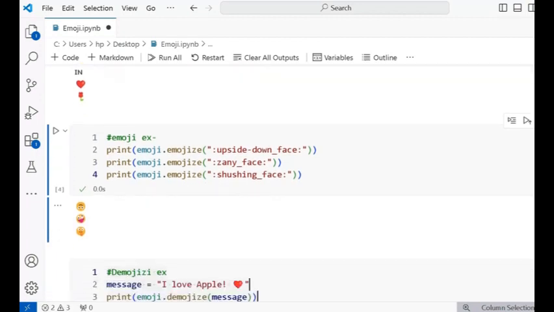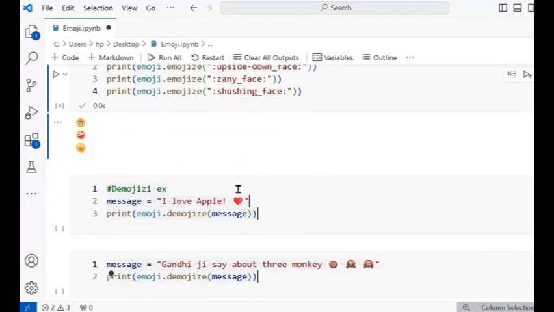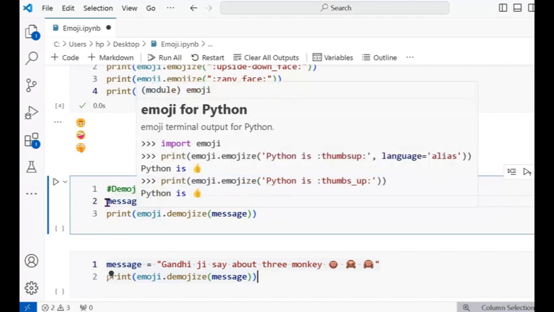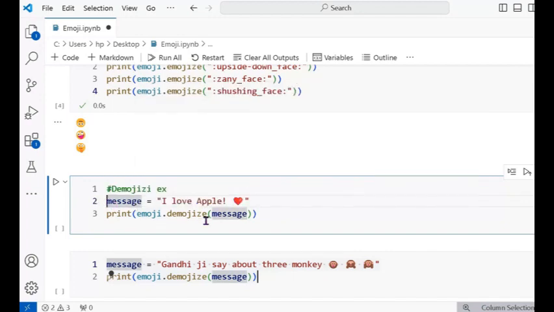The next one is demojize. Demojize is also a function that returns the title or name. I have given the name, I love apple. This is the variable. You can take anything, I love apple. Then I pass the emoji there.